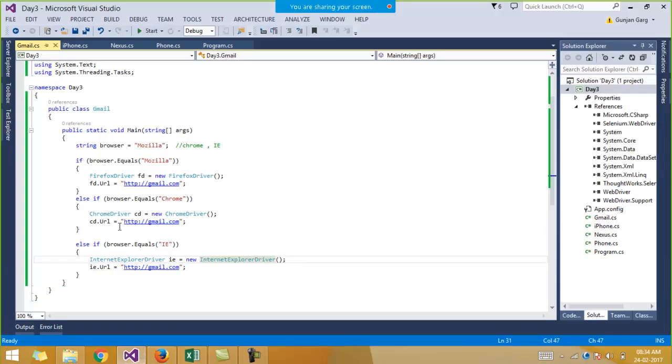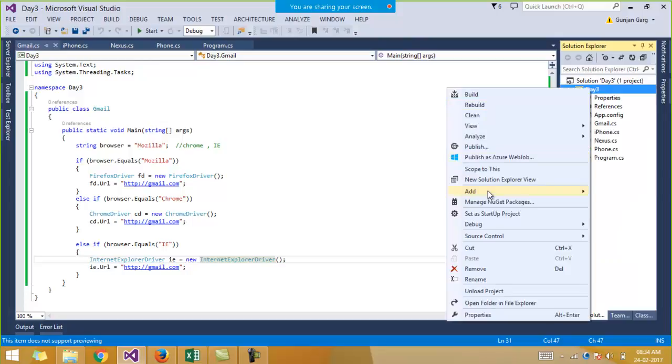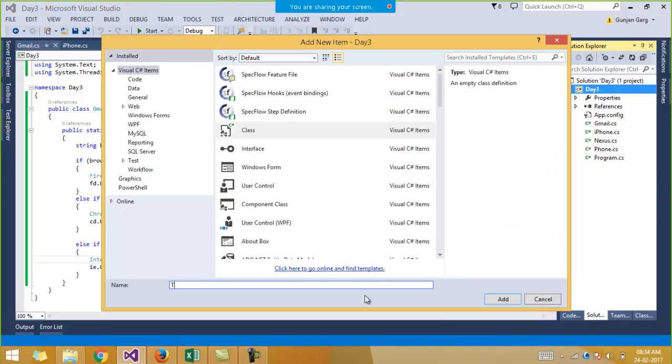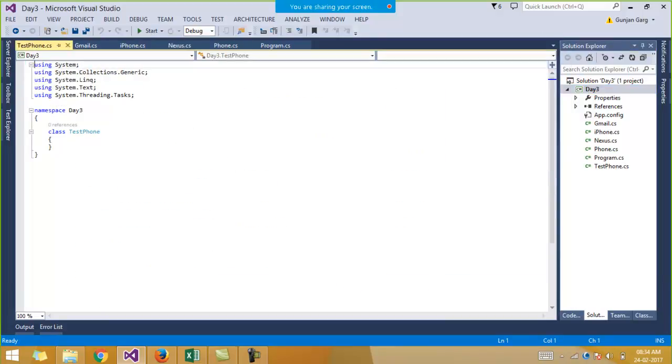So coming back to our phone example, let's suppose I add one more class, say TestPhone. I have this TestPhone class with me, and over here I just create a main function.